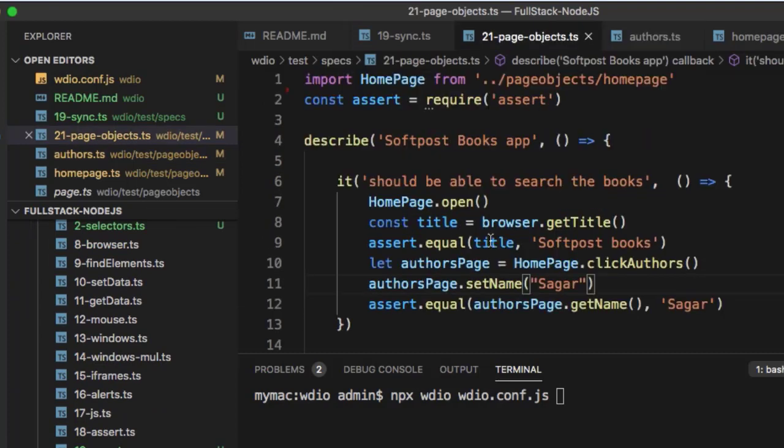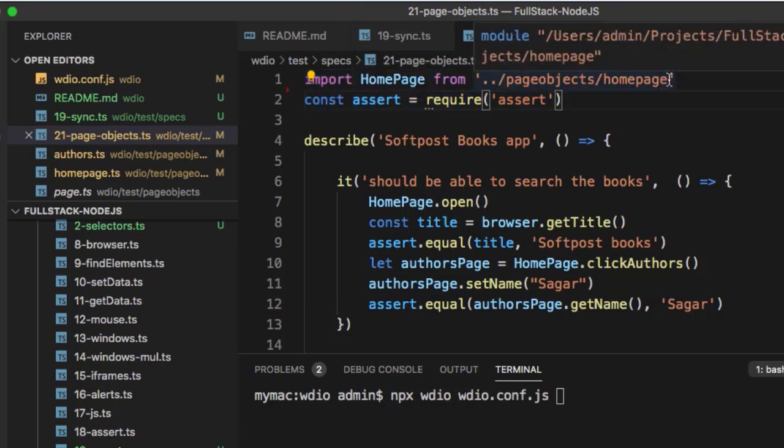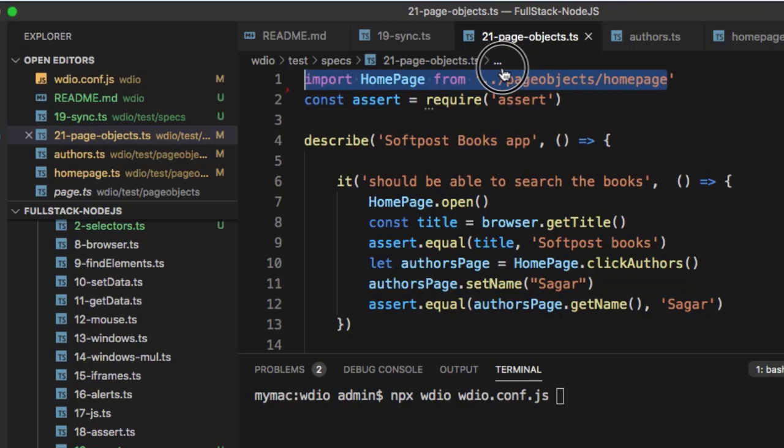you will have to import that page object model in the test. So we have imported the home page from this model. Normally the models are in lowercase like this. We can also say import from homepage.js, but .js is optional.